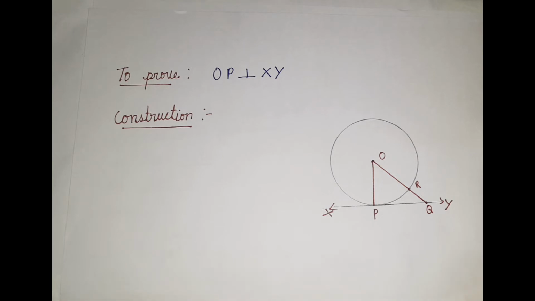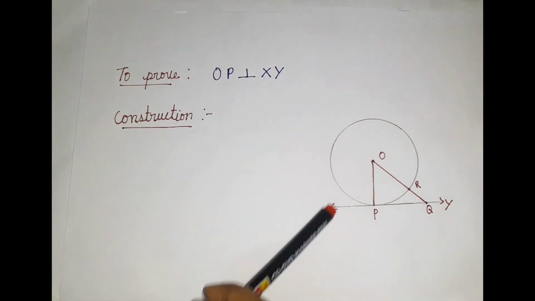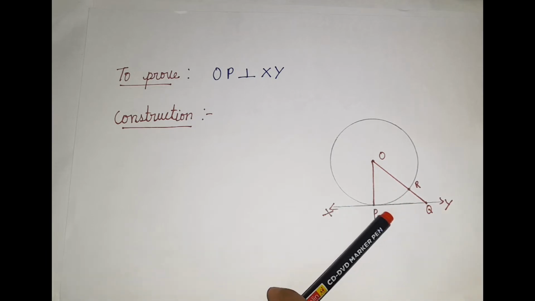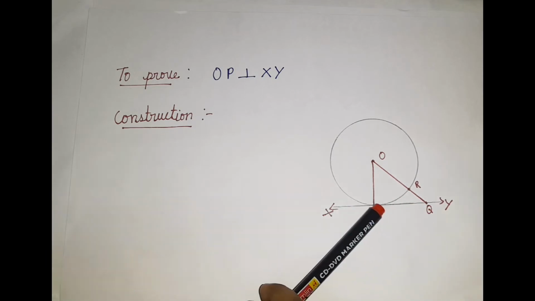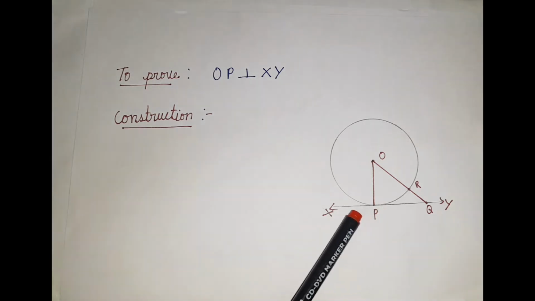Why are we supposed to do it? I'll explain it. Just because we want to prove that OP is perpendicular to XY, we are supposed to draw this line. Then only we'll be able to conclude, right? Remember this till the end of your life. This is really important. If you want to prove that something is perpendicular to some other line,